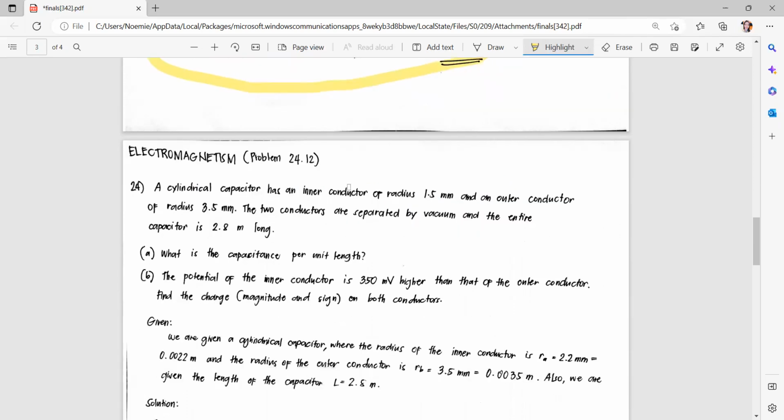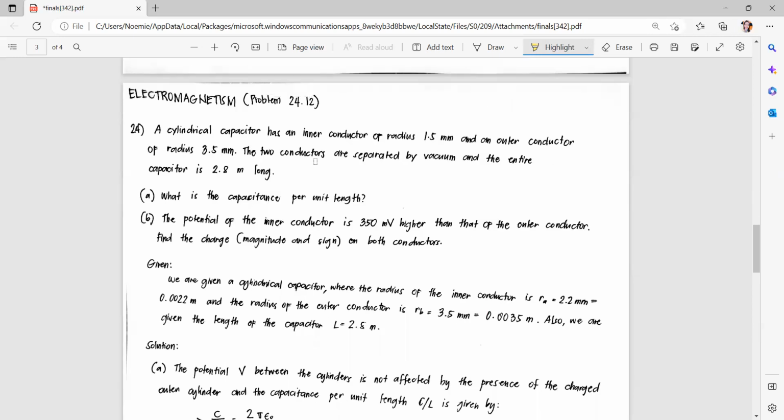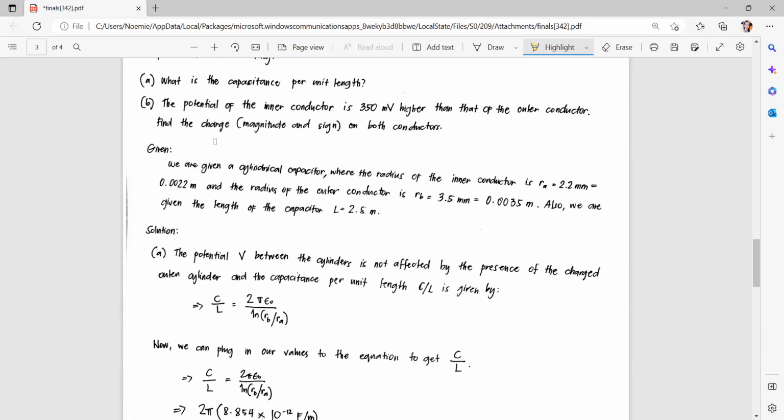So next is electromagnetism. I chose problem 24.12. So the problem is a cylindrical capacitor has an inner conductor of radius 1 millimeter and an outer conductor of radius 3.5 millimeters. The two conductors are separated by vacuum and the entire capacitor is 2.8 meters long. We are asked, what is the capacitance per unit length? The potential of the inner conductor is 300 mV higher than that of the outer conductor. Find the charge